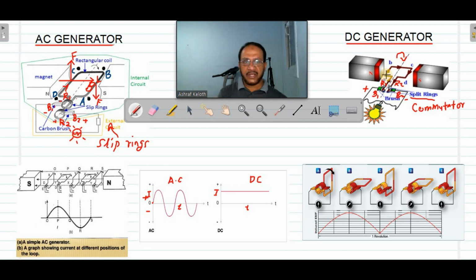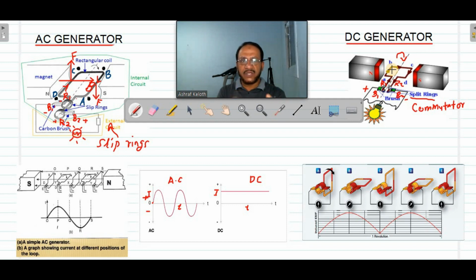In the first half rotation, in side AB, current is flowing from A to B according to the right hand rule. And in CD, current is flowing from C to D. If you show the index finger in the direction of the magnetic field and the thumb in the direction of motion of the conductor, then the middle finger gives the direction from C to D at side CD and A to B at side AB. So current is flowing in the ABCD direction. In the second half rotation, when CD reaches the other side, current will flow in the DCBA direction.